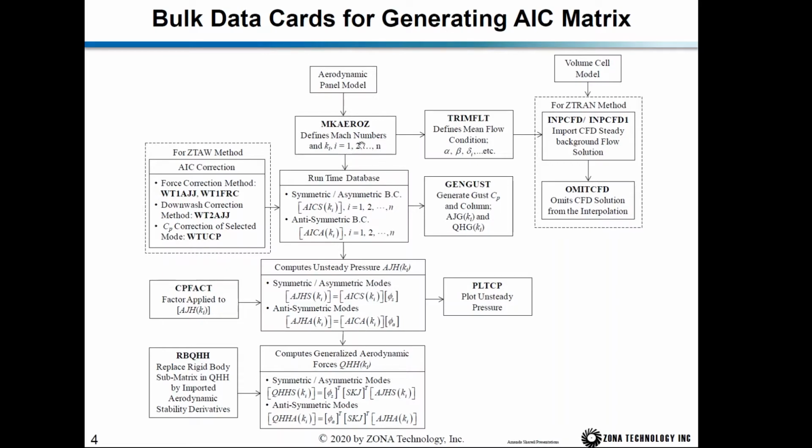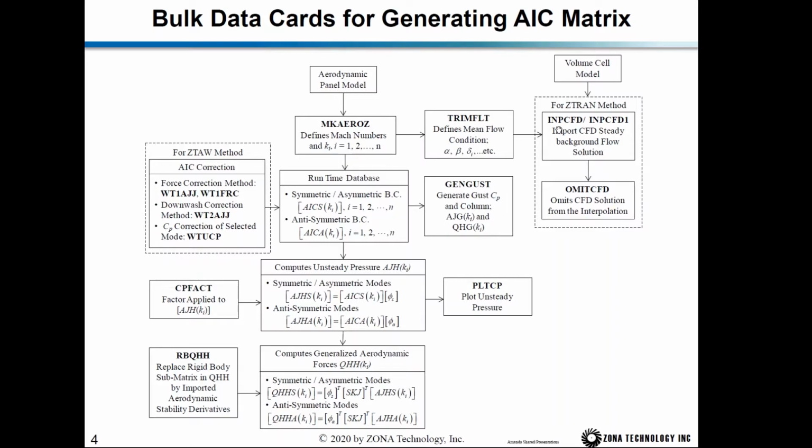The MKLZ card also refers to a TRIM FLT card. In the TRIM FLT card, you define the mean flow condition in terms of angle of attack, sideslip angle, and control surface deflection. If you want to run Z-Tran, you have to set up a volume cell model, and